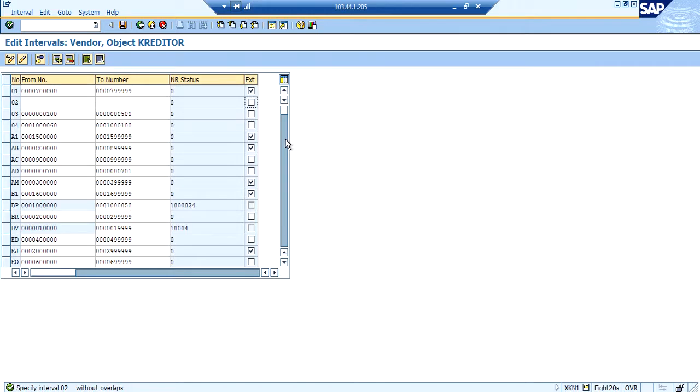So let us find out a number range where we can set it up without any conflicts. So I have configured this number.